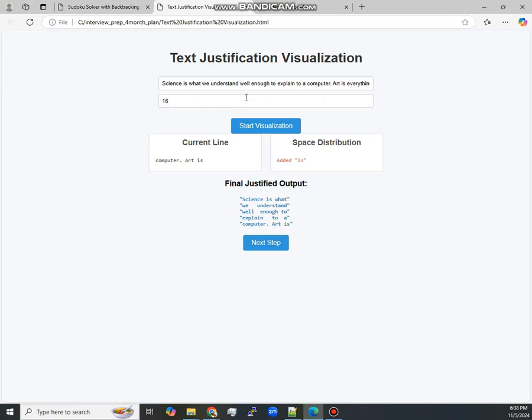For example, this is the text which you have got: science is what we understand well enough to explain a computer. On the first step, we get science and add it to our current line, then is, and then what. Now when we add the next word, it exceeds the maximum width. So we distribute the space, and since it matches the 16, it stays on the same line. Next words are we, and then understand, and then the next